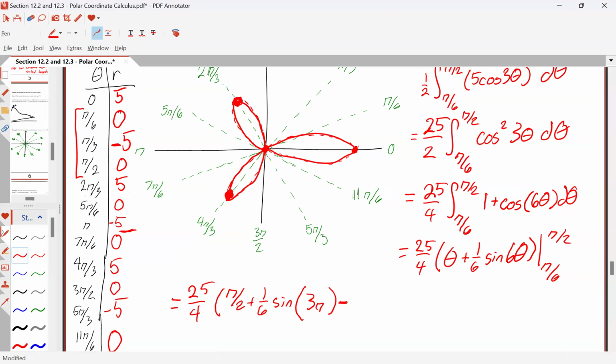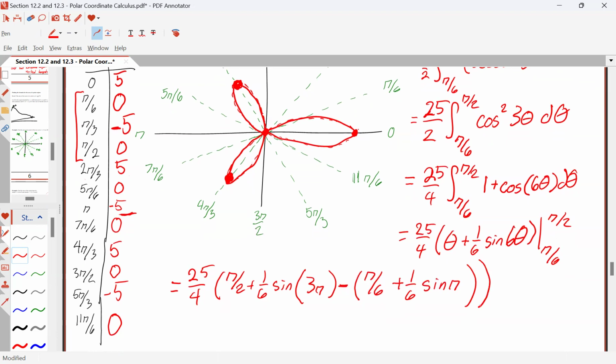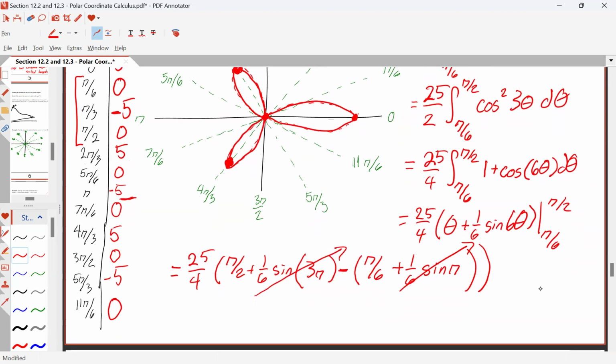Minus, now plugging in the lower bound, pi over 6 plus 1/6 sine 6 times pi over 6 is just pi. Sine of pi is 0, and sine of 3 pi is 0, making this